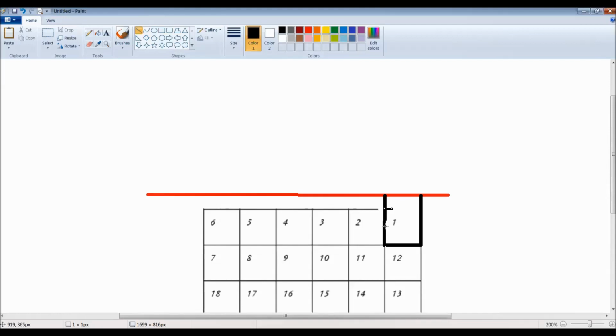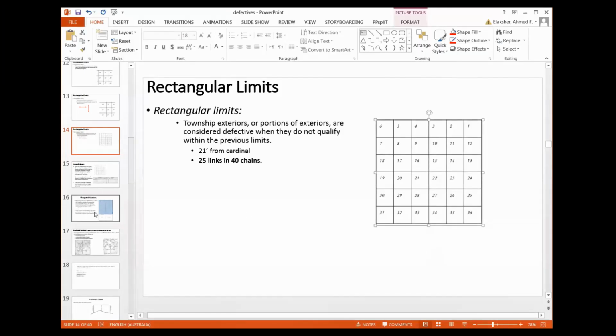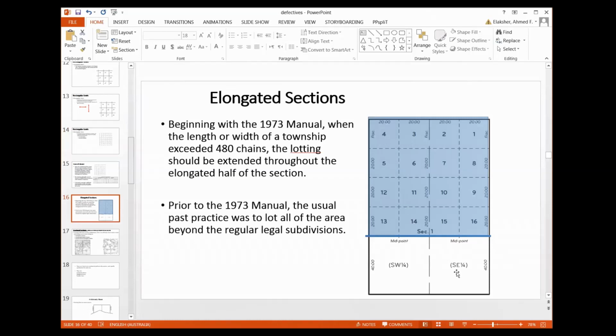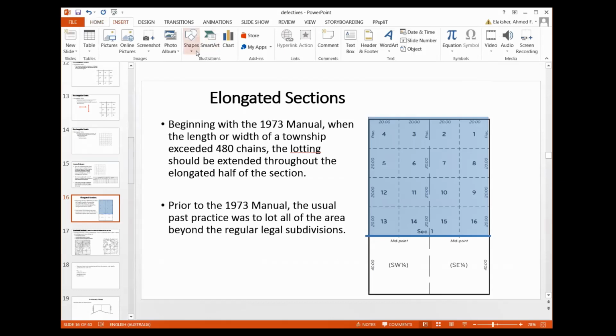So we'll have the subdivision like this. This is how section 1 is going to be subdivided. And the numbering here is going to be as follows. When we look at it, so we have the south, southeast, southwest, and what was named the northeast, which was this part, now has lot numbers instead. What was named,